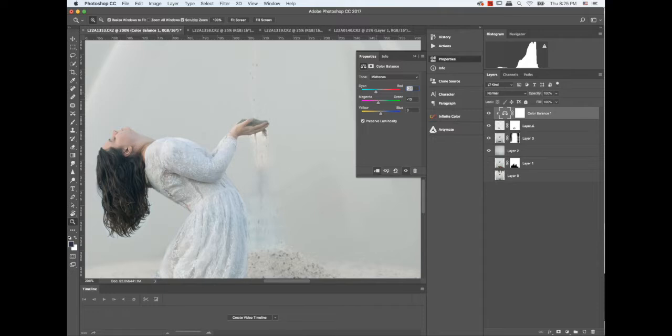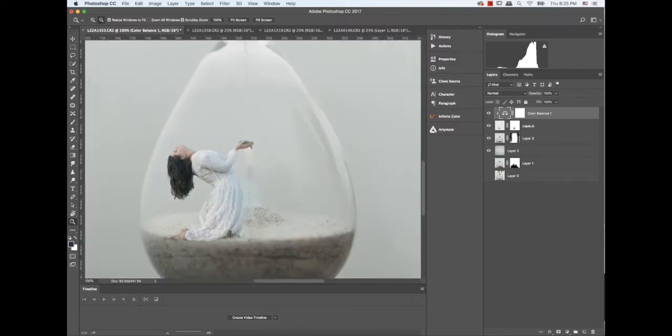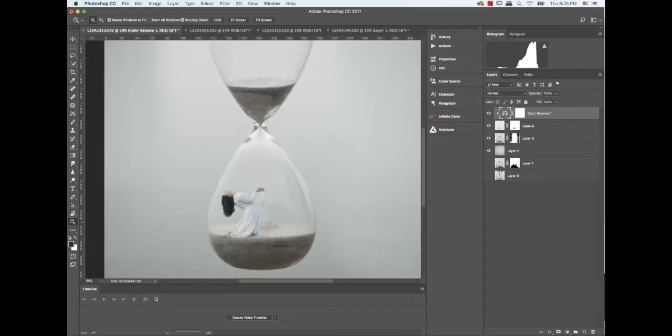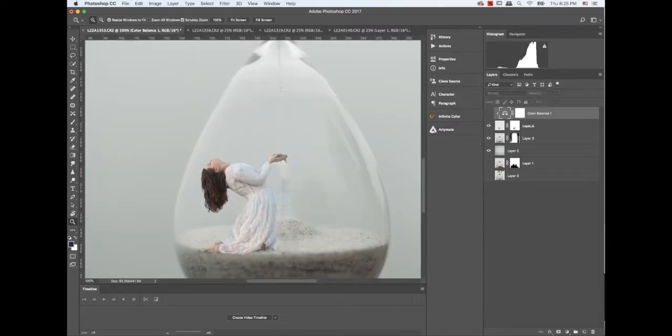And right now the numbers are absolutely big. We don't want that. We probably want just a tiny bit. Let's compare. This is after and this is before. And as you can see, the difference is absolutely impressive. It looks so much more